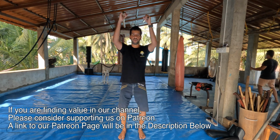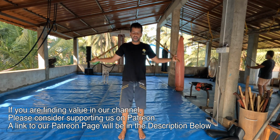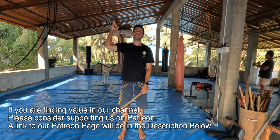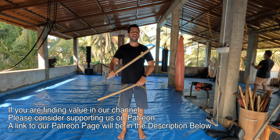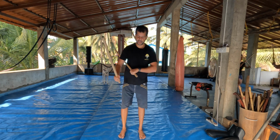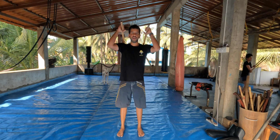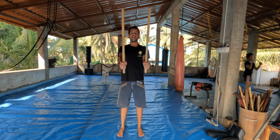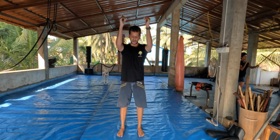As I'm slashing down, I'm also sinking. So it's teaching me this coordination of as I'm striking, I have that sink that helps me to control the weapon, especially weapons that have more weight towards the top, like a lot of the Filipino blades. So I'm going to start from this open loading position, swing down with the sink, come up. And I'm going to, as much as I can, try and keep my weapons parallel to each other, down and